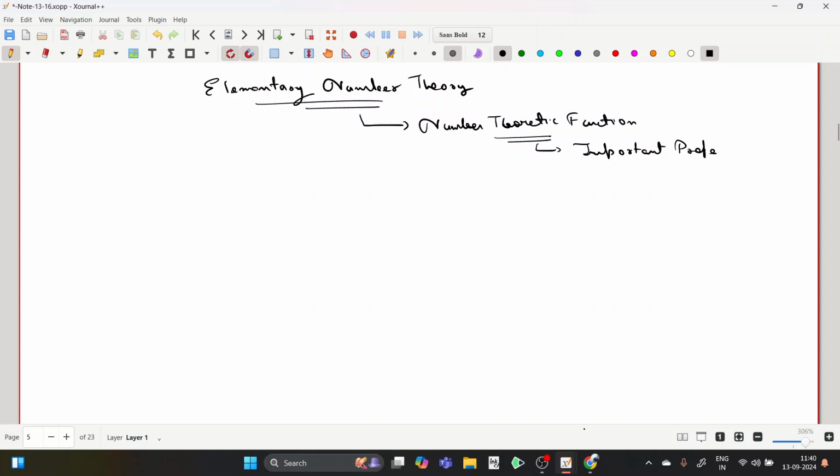That is, they help us calculate some important properties of numbers, some important examples being calculating the number of factors of a number, calculating the sum of factors of a number, and one of the most important ones is calculating the number of coprime elements